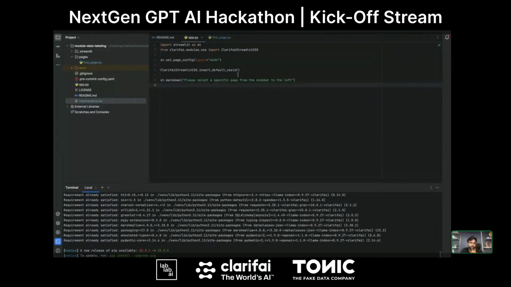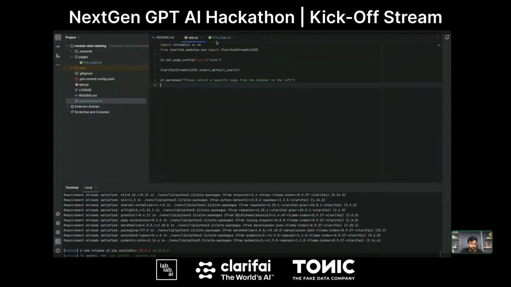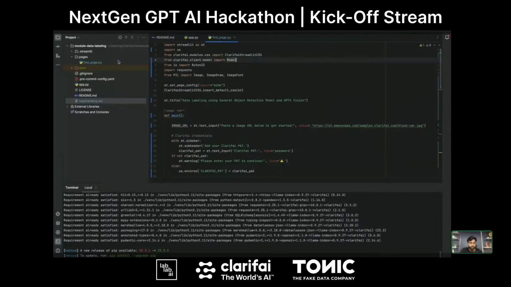And then I'm defining my entire code in the first page.py. You can do it wherever you want. Maybe you can use app.py, or you can use first page.py. You can see in the project structure we have the pages directory, and under the pages we have the first page.py. So I'm going to use this file to define my project. It's up to you where you create it, whether app.py, first page.py, or any other file. So I'm defining it here.